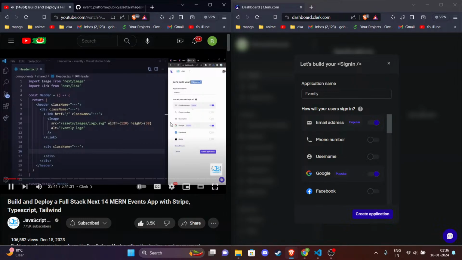In this case, we can do email as well as Google. Let's press Create Application. Right after, you'll be redirected